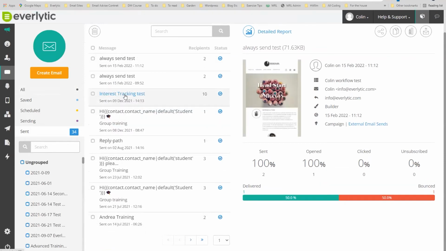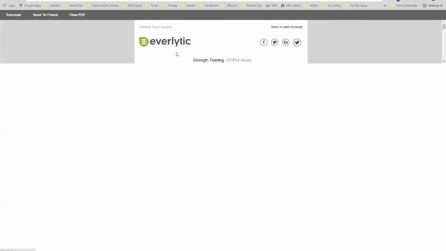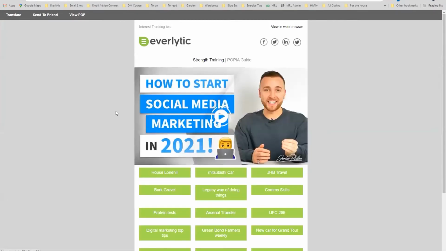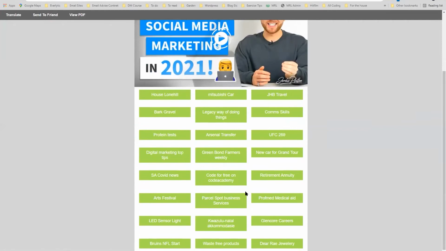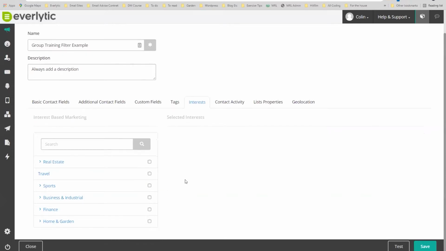So what we did is we just created an email just as a test. You can see here we created a test, we added a whole bunch of different links to it across different industries, and then we tested within the team. And what happened is, because of the different links the contacts clicked on, they were mapped